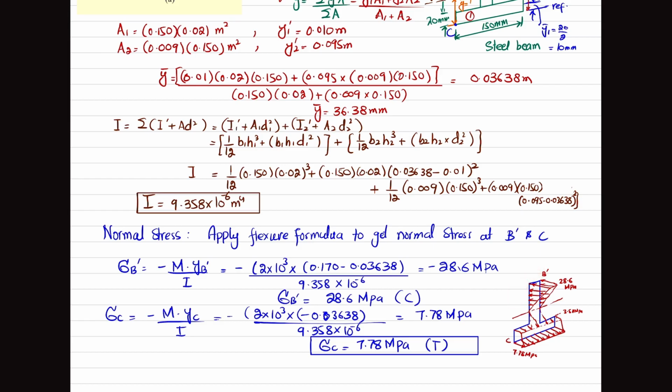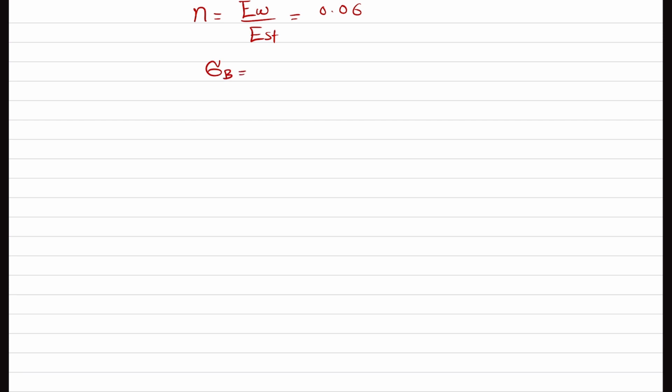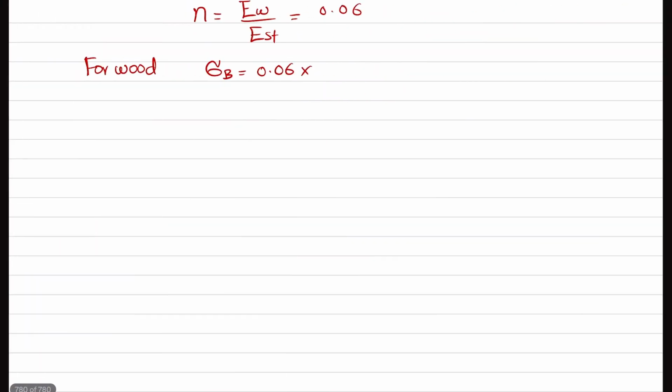Now we are going back, and as we know that n was equal to E of wood divided by E of steel, and that was 0.06. So the stress at point B for wood will be equal to 0.06 times the stress at point B dash. This was 28.6 megapascal. So when you calculate, it will be 1.71 megapascal. Similarly, stress at point C for wood, it will be equal to